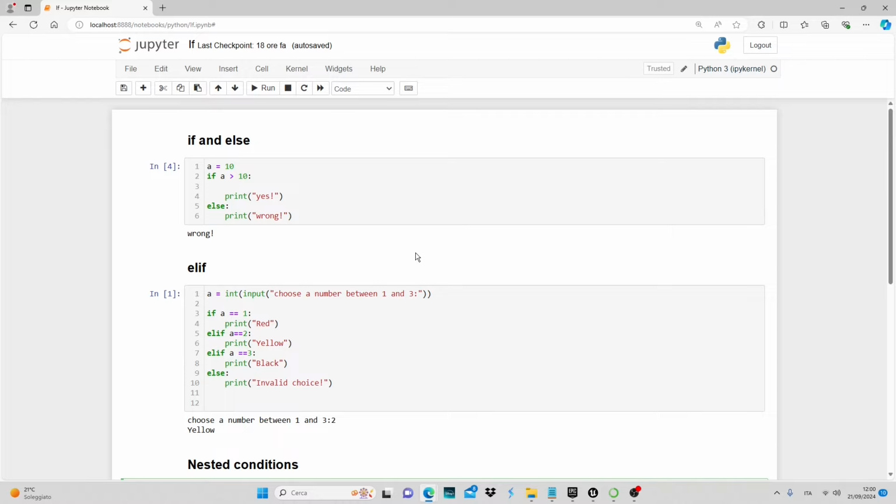In this tutorial we will look at how if, elif and else statements work in Python. Let's start with this first example where we have declared a variable to which we have simply assigned an integer value of 10. Next we place our if statement, which as always will be followed by a condition: a greater than 10. If this condition turns out to be true, the entire block of code that we write after the colon